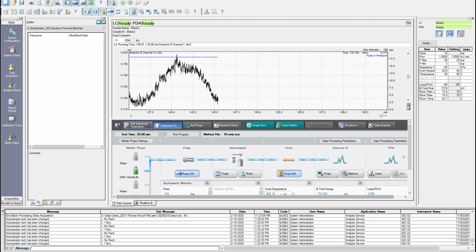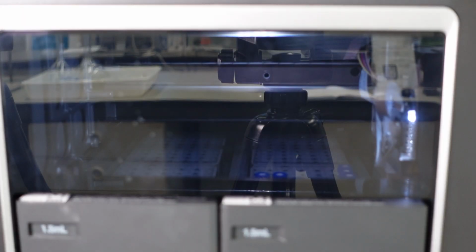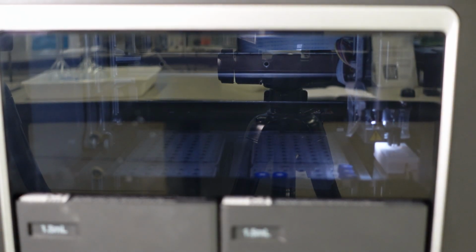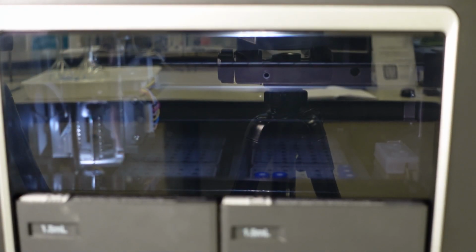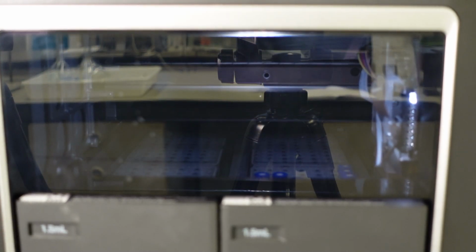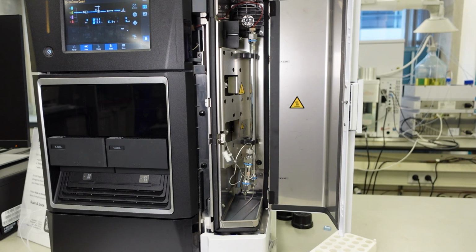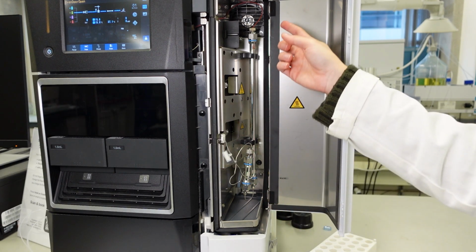Now we go back to the Data Acquisition tab and check if the settings are correct. If you want to use different settings, you need to create a new method, but usually we just want to check if the flow is 1 milliliter per minute. Then we start the measurement by clicking Start Real-Time Branch. The GPC will now take a measurement from the vial using a syringe. If we open a panel, we can see that there is a pre-column to protect the actual GPC column. Then the liquid goes through the main column.